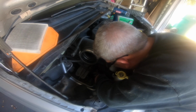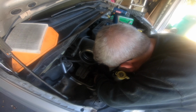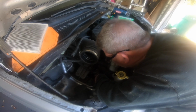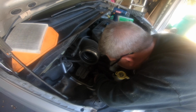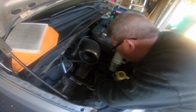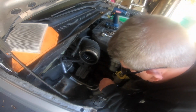What is that? Yeah, boy, that serpentine belt is in a bad spot. Holy crap, I might have someone actually replace that instead of trying to do it myself. I don't even know how you do that. Probably from the bottom. Take that shroud off the bottom that protects the bottom of the engine and then come up from the bottom. Holy cannoli. No thank you. This thing probably needs a serpentine belt too, so...